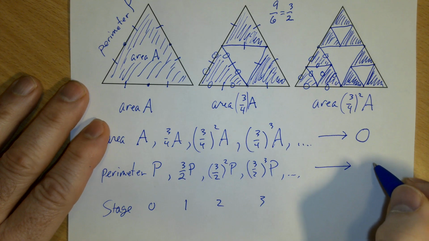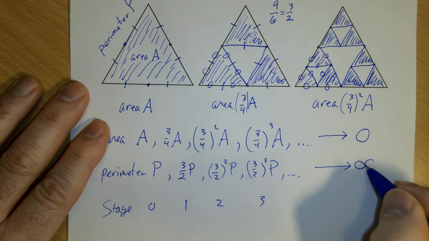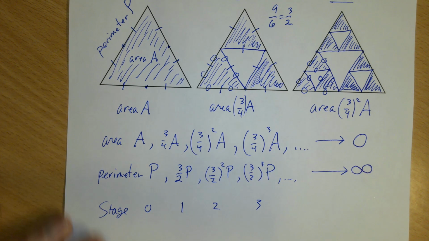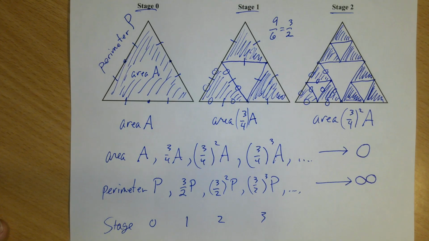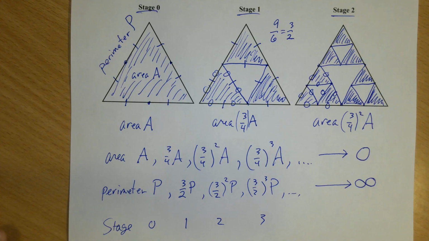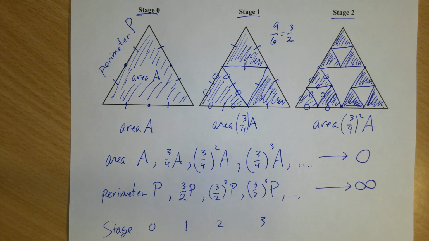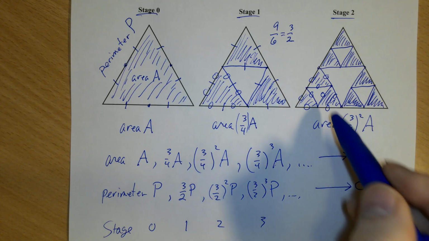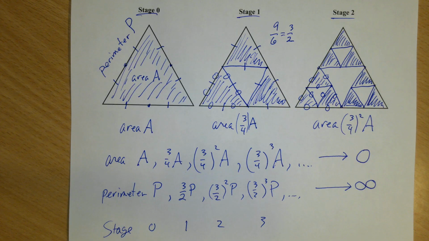So the perimeter actually approaches infinity, which is very interesting, the Sierpinski triangle. The area goes to 0, yet the lengths of all the perimeters of all of these shaded triangles